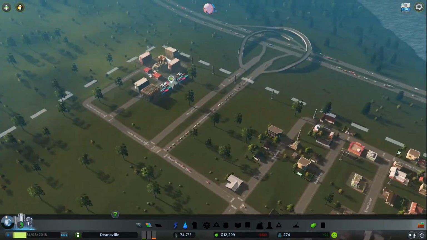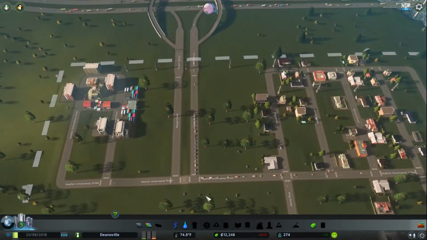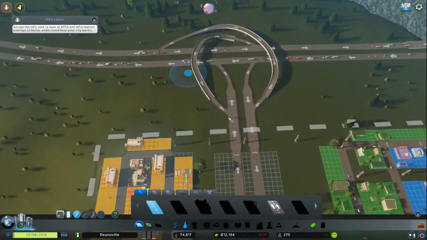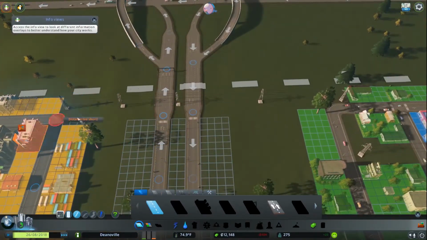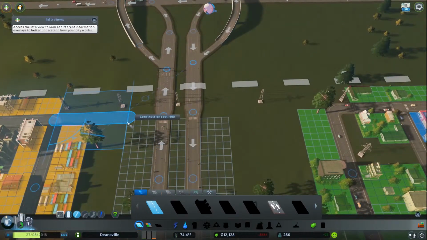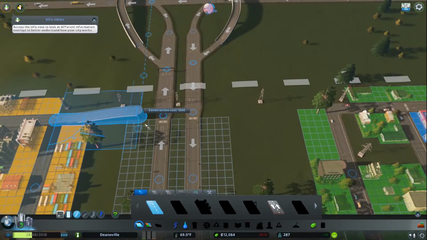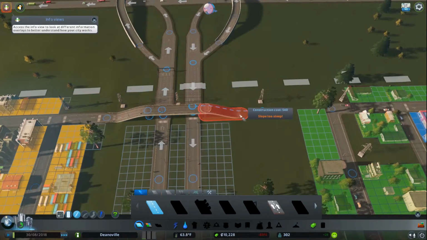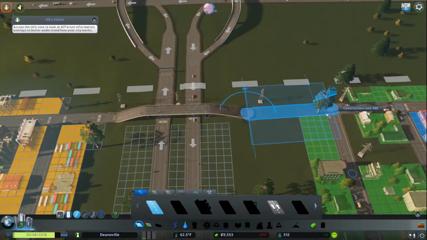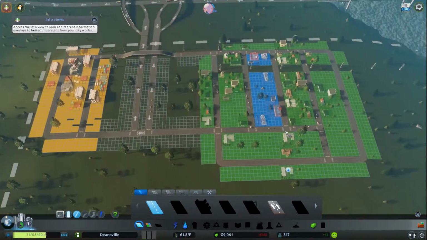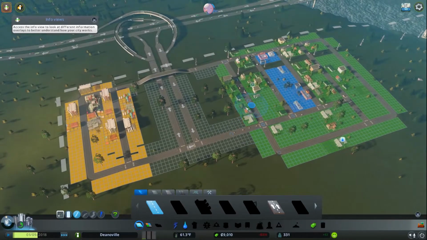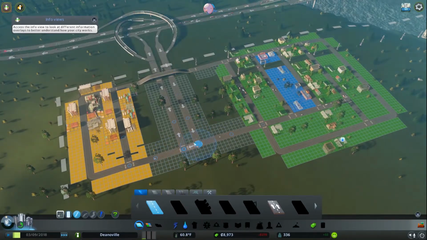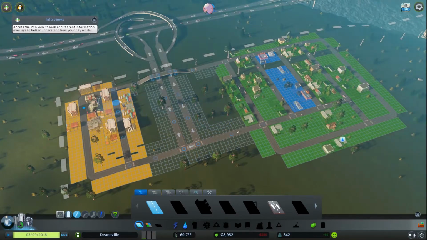We've got some lovely little houses. There seems to be a flow of traffic. Great, let's start improving that flow of traffic. What we can do is actually build a little road over here that goes over our highway. Stretch that out, and we can connect it to our main city. What that's going to do is reduce the congestion over here, and increase